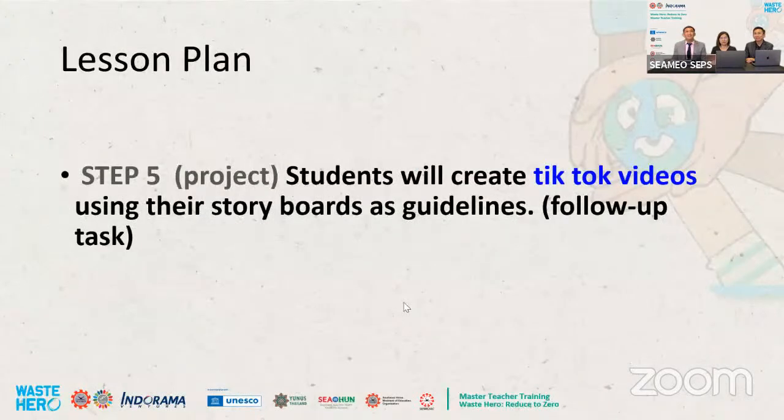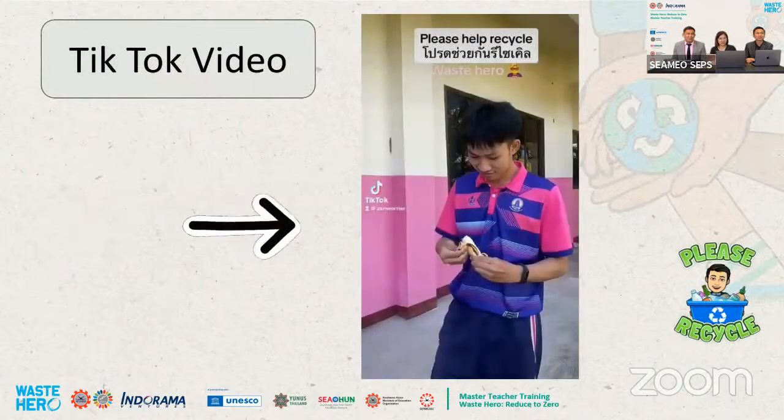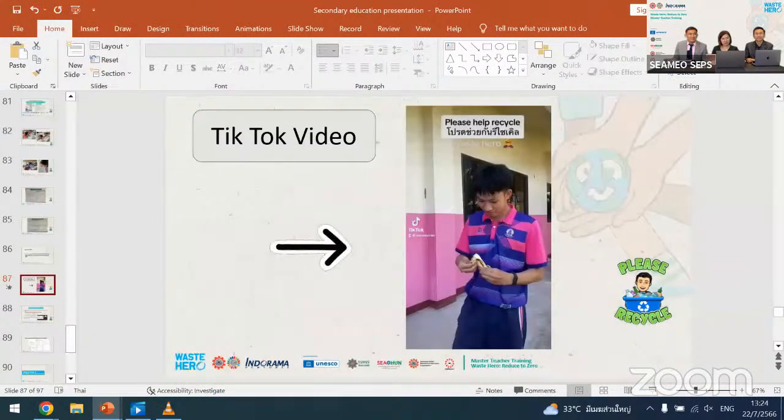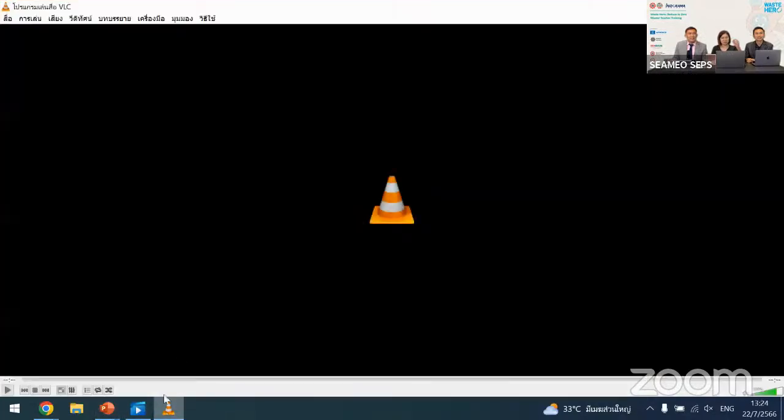I'll show you the TikTok video. After planning the storyboard, they come up with the video. Are you ready to see the video? Okay, the video. They have to contact their own actors. The actor is someone maybe not from the club, maybe their friends, maybe their boyfriend or girlfriend, just to give them a little bit of credit. This one. Let's see the video together.